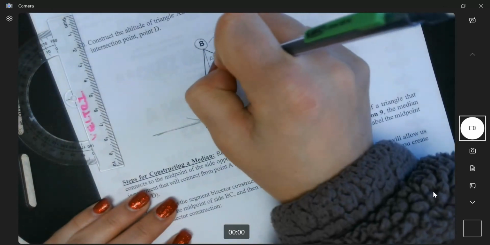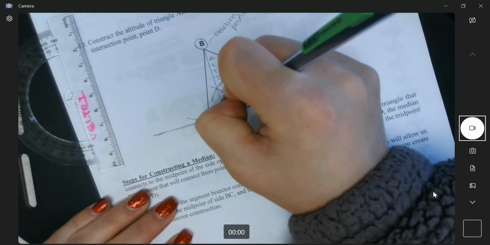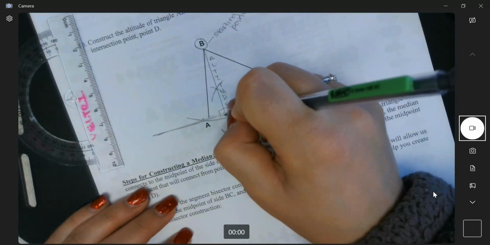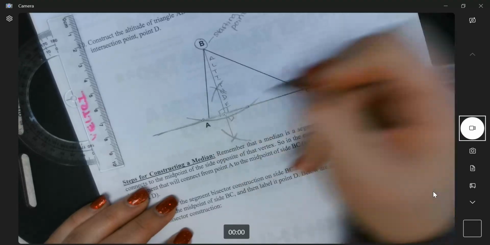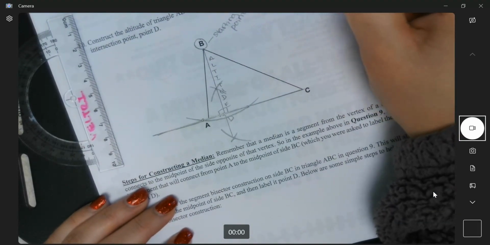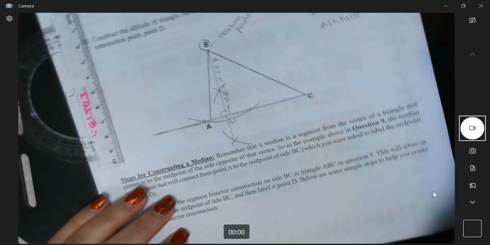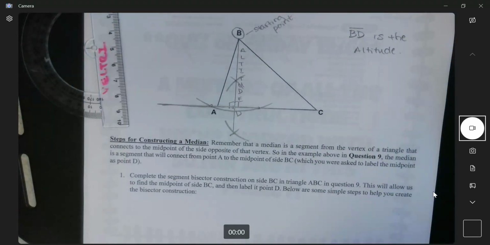So here is your altitude. Okay, and this point here, we also were supposed to label it as D. So here, BD is the altitude. And that's it. School today is a B day. We just have to